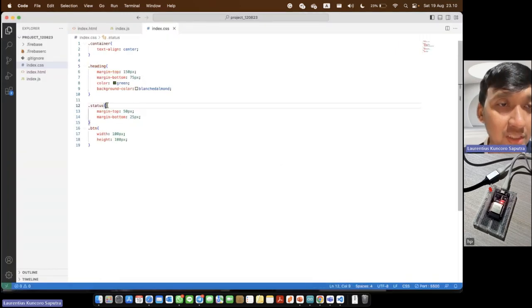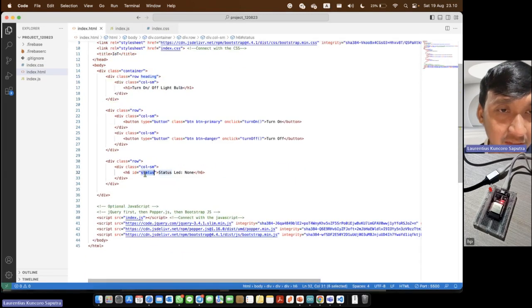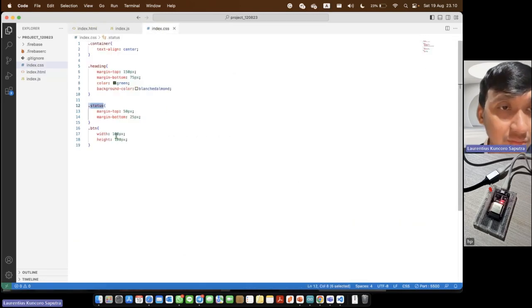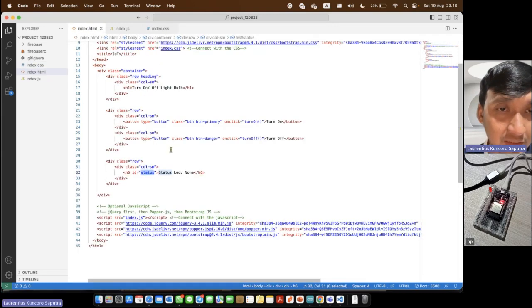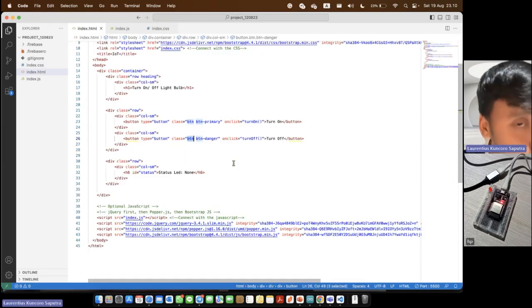And also we can configure the status here, ID status, with the margin top and margin bottom, and also the button size with the width and height in the button class.